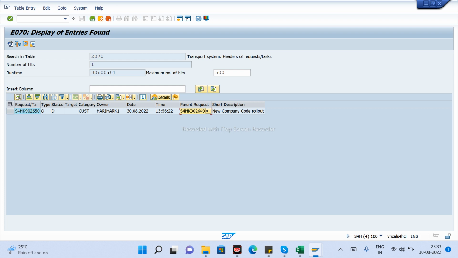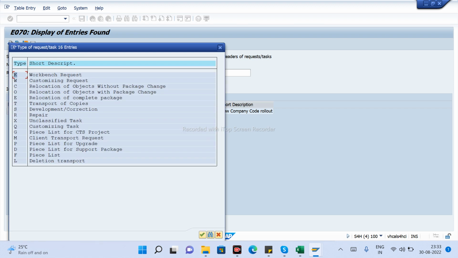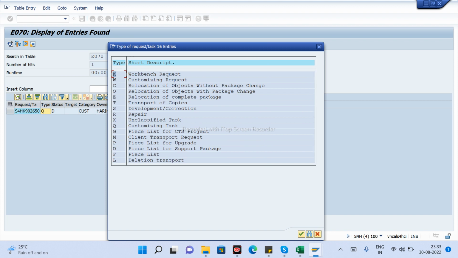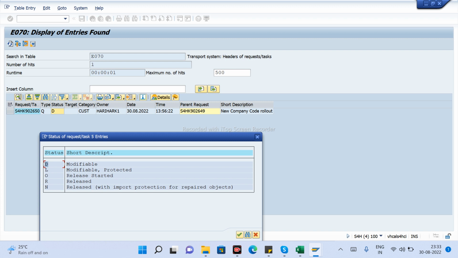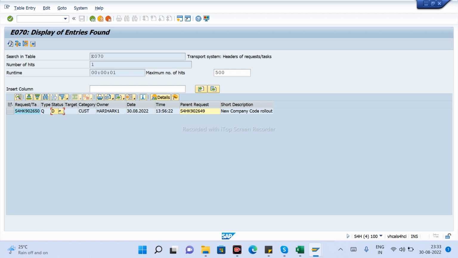This is the parent transport number and this is the task number, and you can also check what kind of changes they have done. Q means it is a customizing task, and you can see the status also, modifiable. This means the TR is still not released, it is in modifiable stage. If you want to, you can still save some changes.